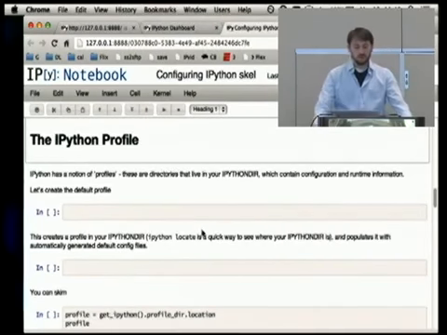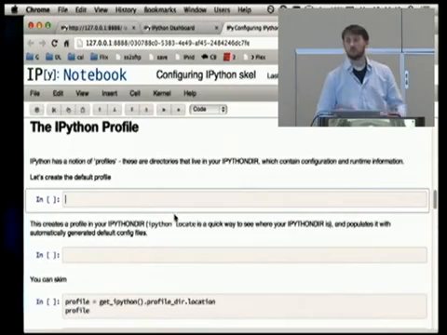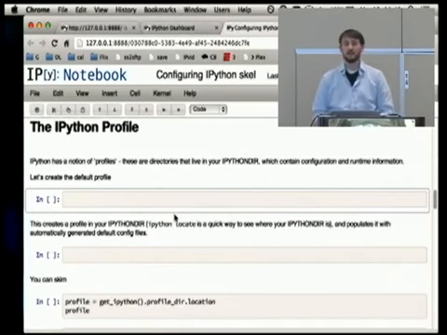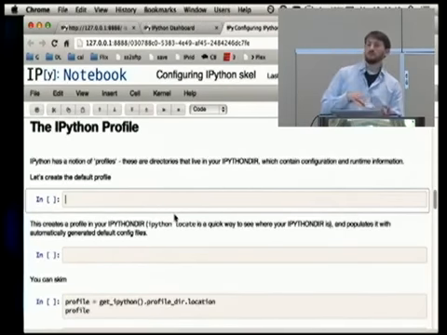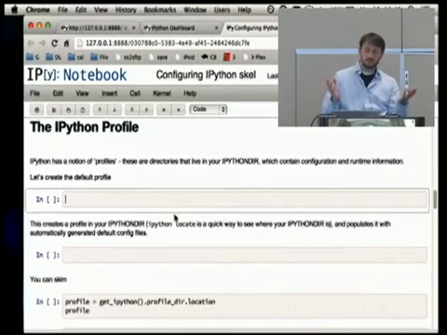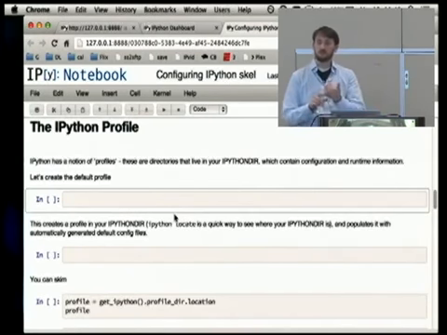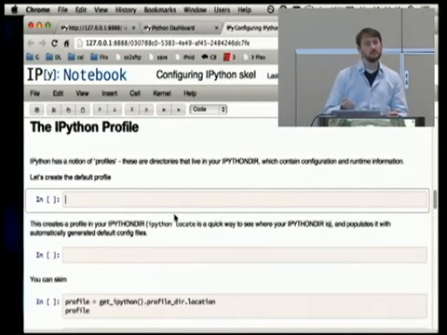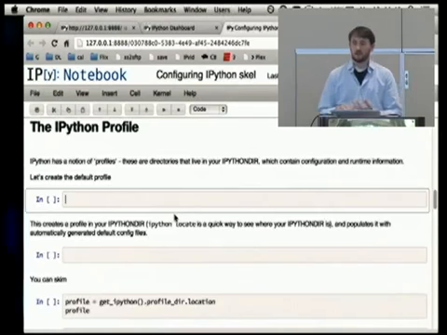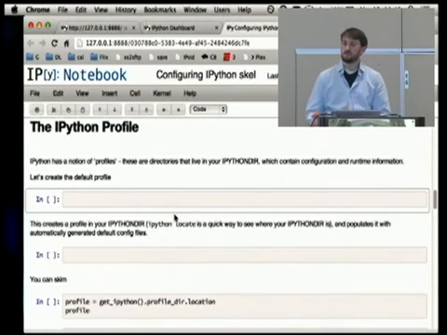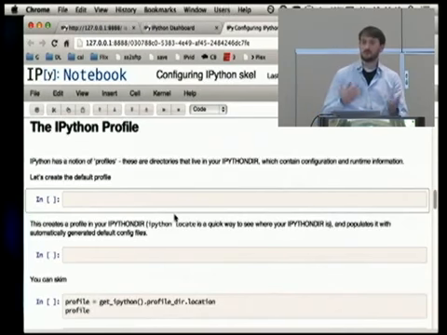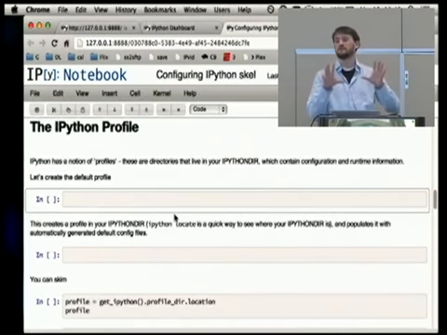So for configuring IPython, IPython has the notion of a profile. A profile in IPython is a couple of things. The first thing is a folder, and in that folder are two things. One is configuration files for customizing the behavior of IPython, and the second is runtime files, like your history, and connection files for kernels and things. They all live in the profile directory,